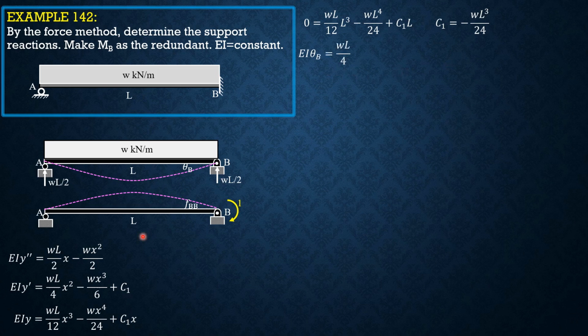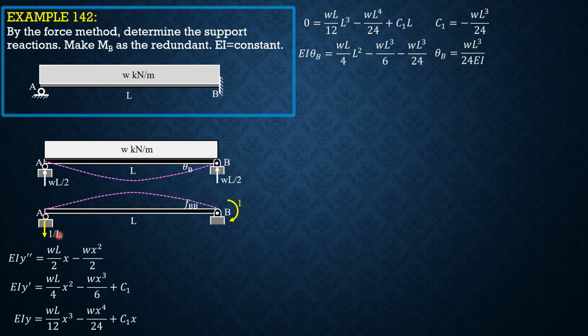So I substitute theta B into this equation: WL over 4 times L square minus WL cube over 6 plus C sub 1, which is negative WL cube over 24. So theta B is really WL cube over 24 EI as expected. Then for this, so we have